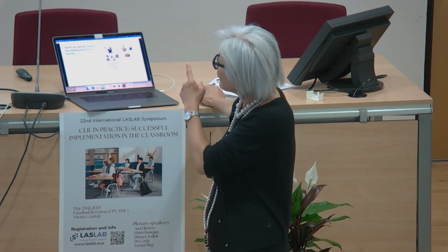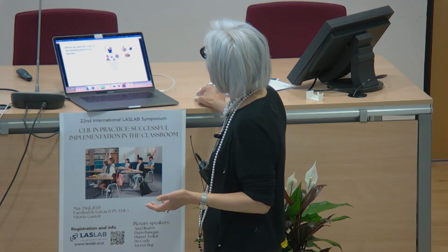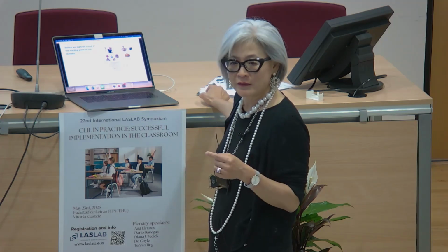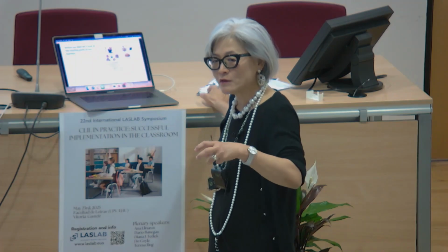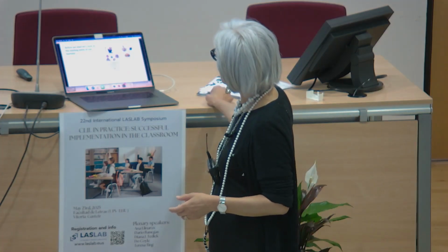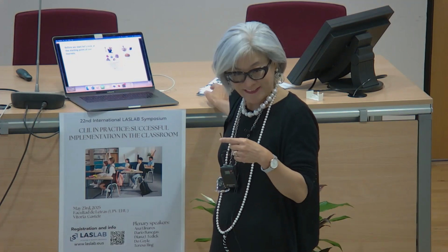The only thing that this student answered, this was my entry-level CLIL, okay? So I was a little worried. But anyways, so how many bags does Gina have? Here's Gina's room. He wrote the number 3, but Arabic number, not even the word three, okay? And here, what do you usually pour, water or pizza? Because I need them to do the word pour, because we had to do pouring water. And he wrote, I usually water. So this was a starting point. This is what we had to start with. So it was a little,